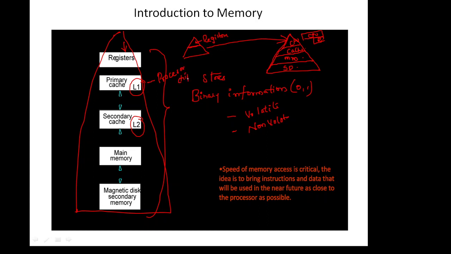This is located on the processor chip, and this L2 cache lies between the main memory and the primary cache. So this is main memory and the primary cache. Here we will be going to make use of the L2 cache. Main memory, as we all know.